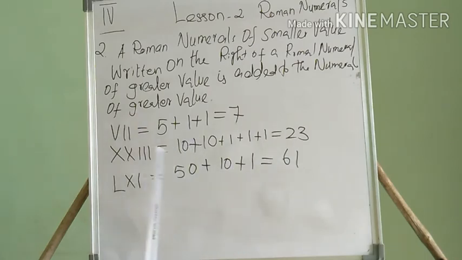So students, if there is any greater number in your Roman number, and on its right side there is any small number, you have to add. If there is any greater number with a smaller number nearer on its left side, you have to do subtraction. I will do some examples of subtraction: how to do subtraction, which is going to subtract, which is going to add. Now you have seen addition. Now let me show subtraction.